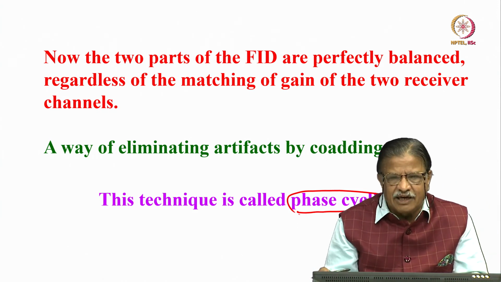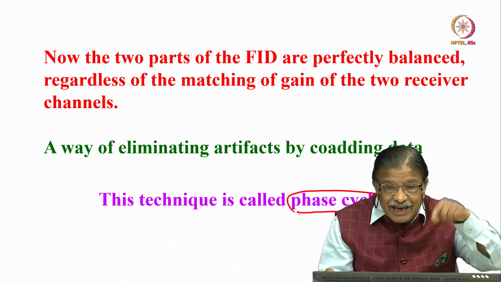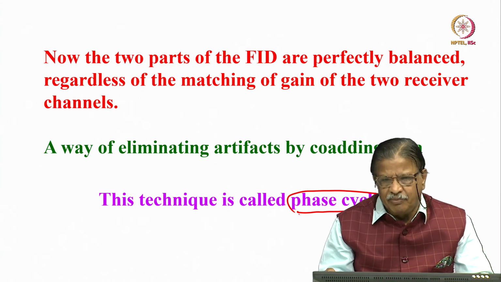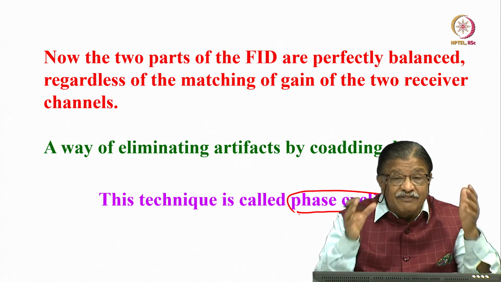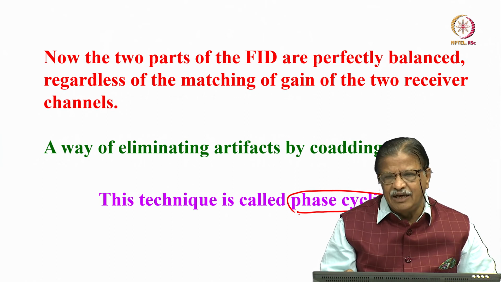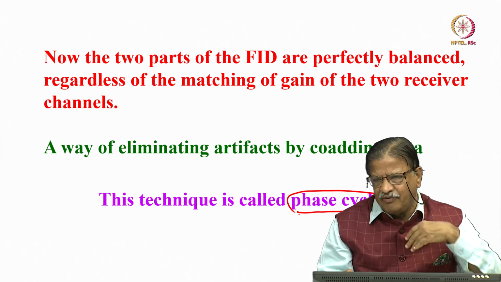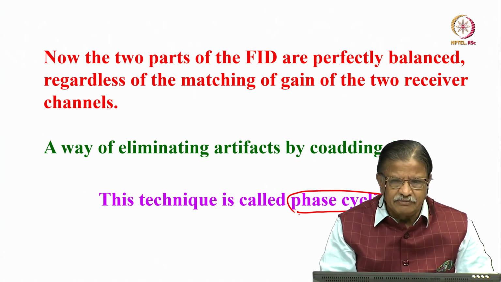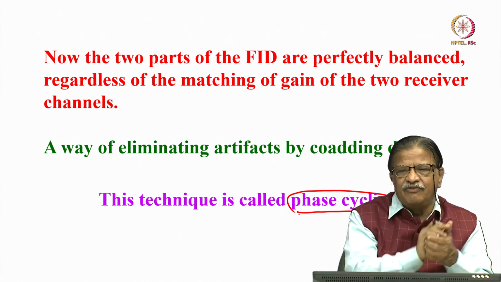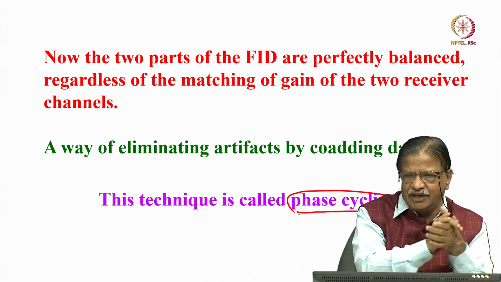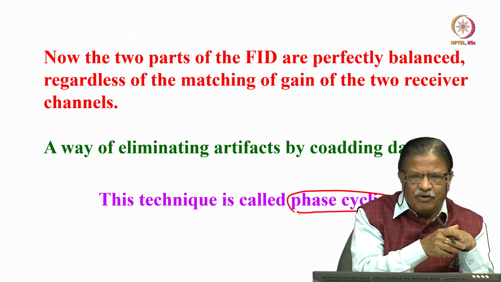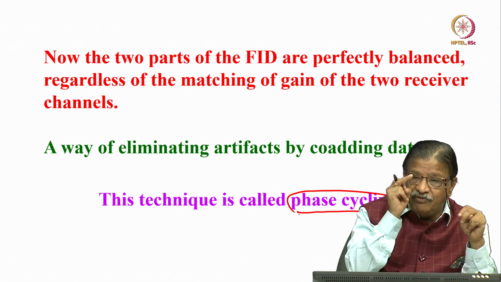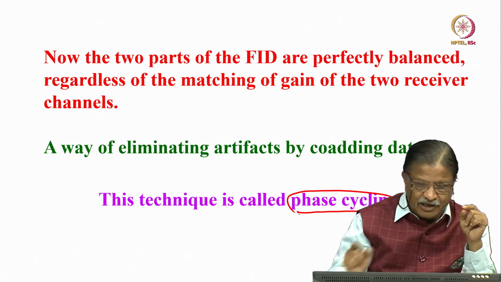Phase cycling is a method in NMR where you can cycle the phase of the receiver or you can cycle the phase of the pulses. Either of them you can do. Design it the way you want so that this type of artifacts can be eliminated. Not only for this, you can also do this type of phase cycling to get particular information you want. I can get a particular signal. When we talk about coherence selection, I will discuss these things. So the phase cycling component is very, very important in NMR. That is what I wanted to tell you.